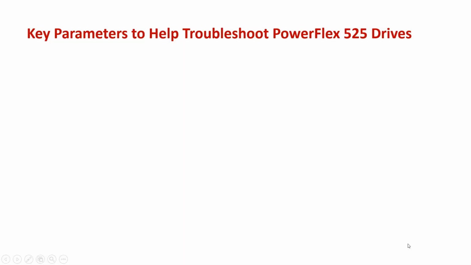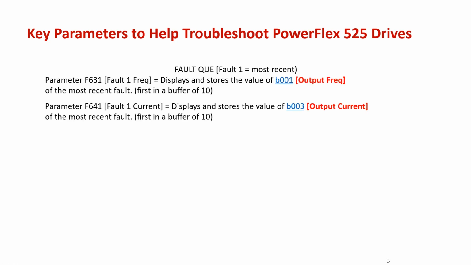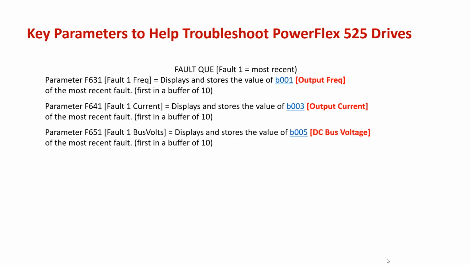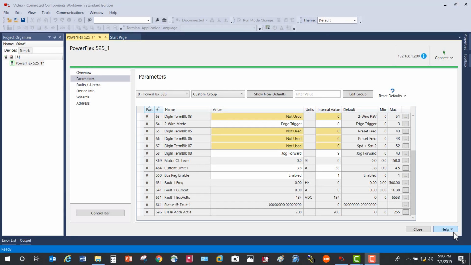We'll look at the fault queues that we have in the drive. There will be 4 of them, and their parameters will have 10 parameters per buffer, and the latest fault would be fault Q1, the next would be 2, and so on. These will store the faults at the time of the fault. They'll store the parameters. So we'll take a look at fault frequency first,